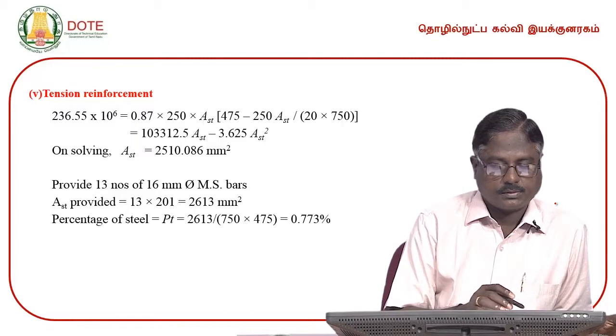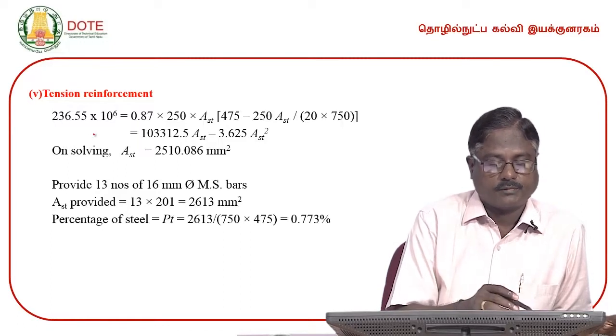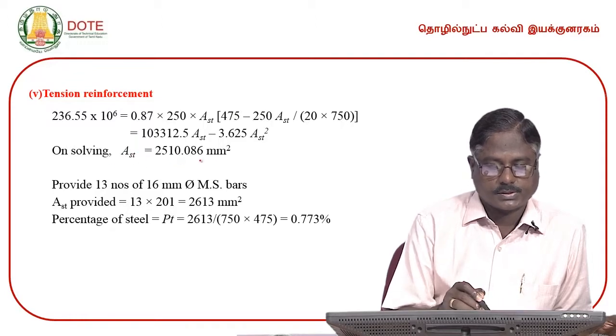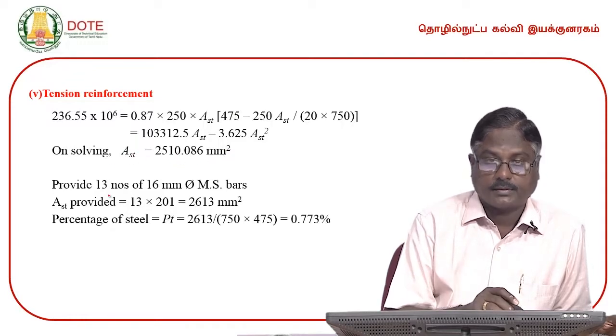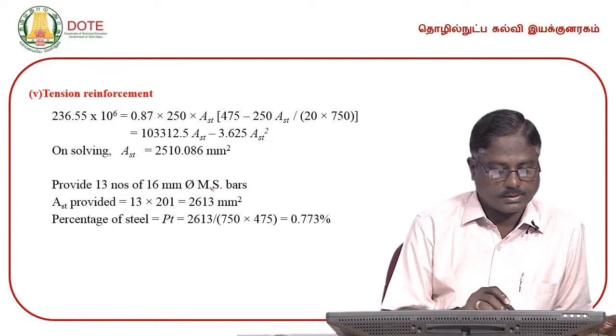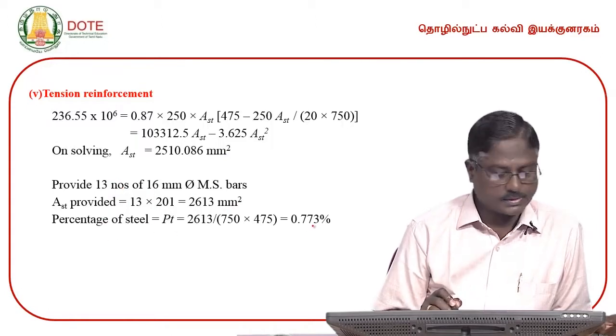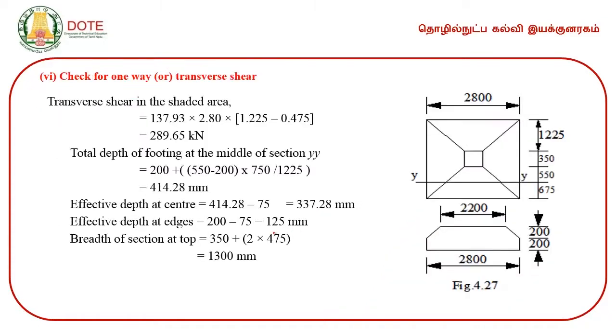Tension reinforcement: by substituting the bending moment value in this equation and solving the quadratic equation, Ast is found to be this much. Providing 13 numbers of 16 mm dia bars, Ast provided is this much, that is, the percentage of steel is 0.773%. And again, check for one way shear, transverse shear in the shaded area, this is W and this is